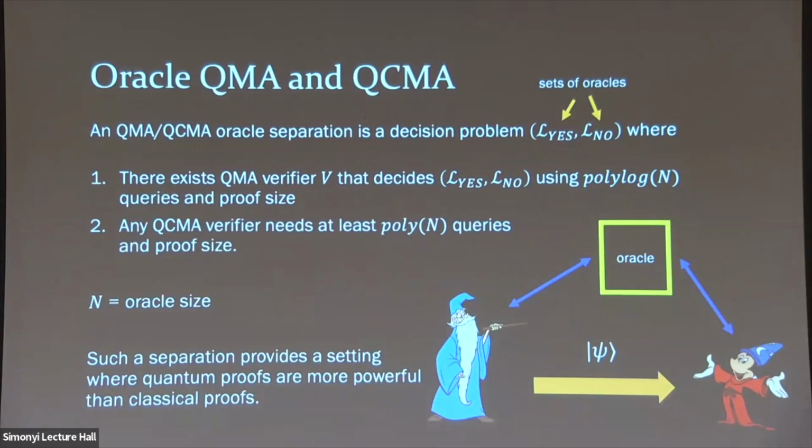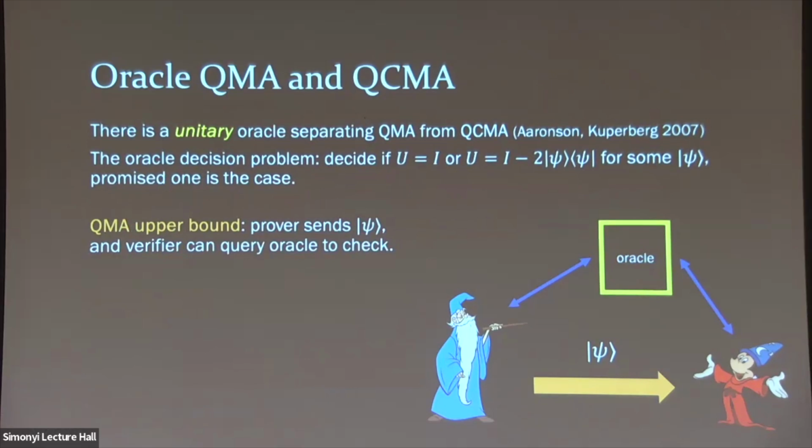And any QCMA verifier, on the other hand, would require at least polynomial in capital N queries and proof size. But actually, I should say or proof size, either or. If you could come up with such a decision problem for oracles, then this would provide a separation, or that illustrates how quantum proofs can be more powerful than classical proofs. Interesting. So what's known? Back in 2007, Aaronson and Kuperberg provided such a separation where they came up with a